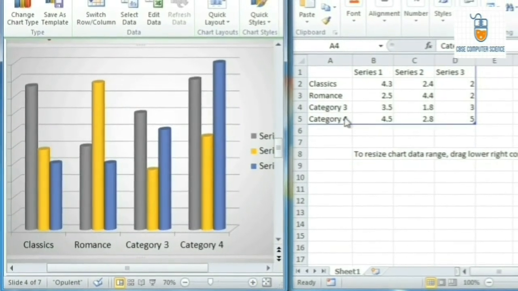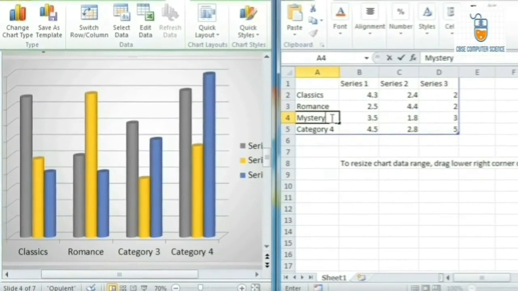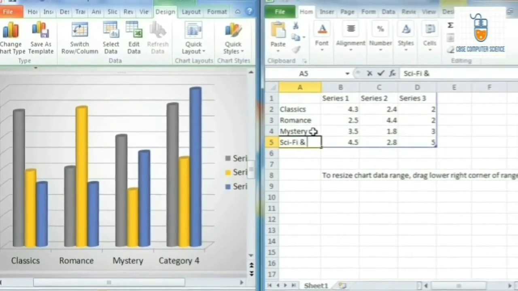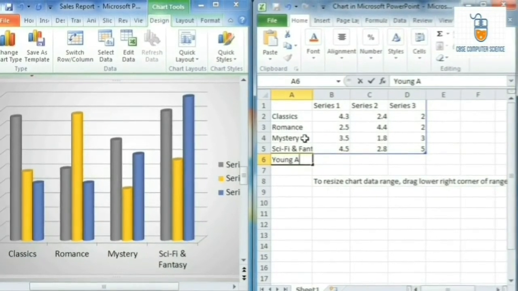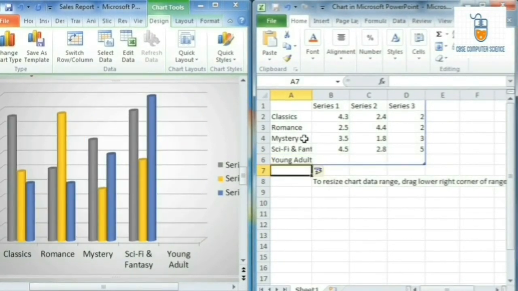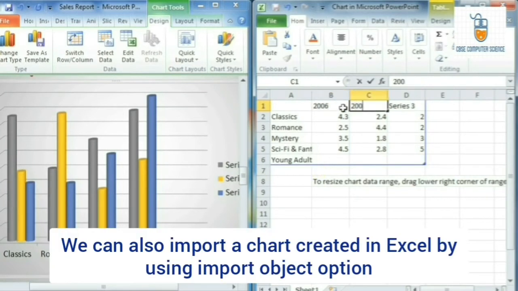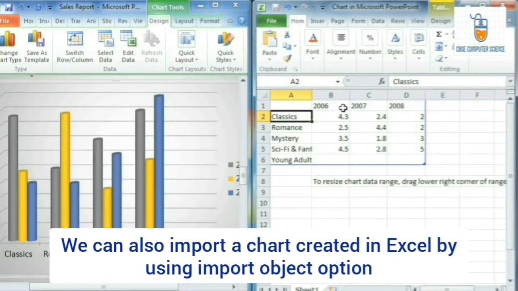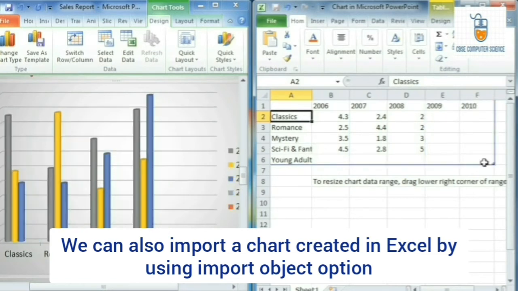So this is how we can see the windows in the cascaded form, the table in the Excel and the chart in Microsoft PowerPoint. To do this, we just open the Microsoft PowerPoint window and then we click on the select data option in the design tab, and then we can browse the Excel file wherever we have created the data table. Now just select the table, and the chart will automatically be updated. If you are making any changes in the data source or the table which is used to create the chart, then automatically the changes are reflected in the chart.